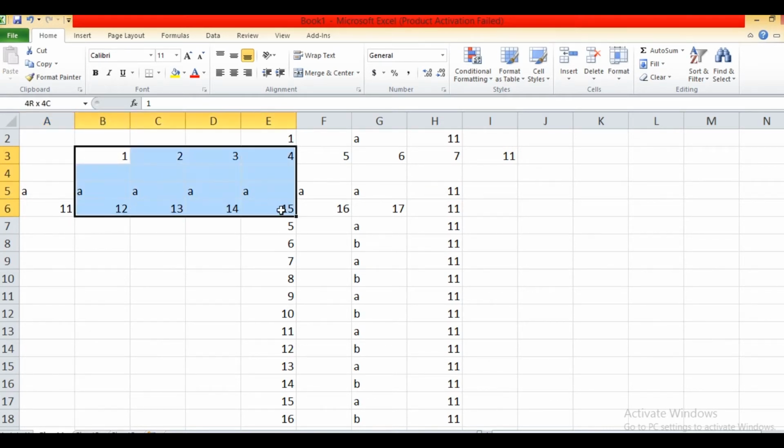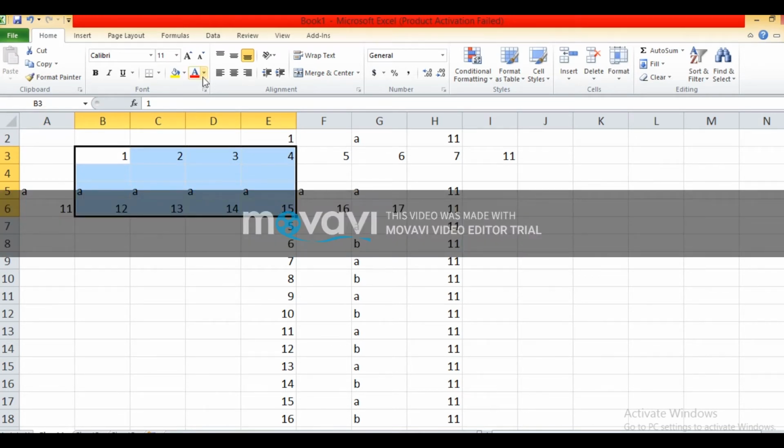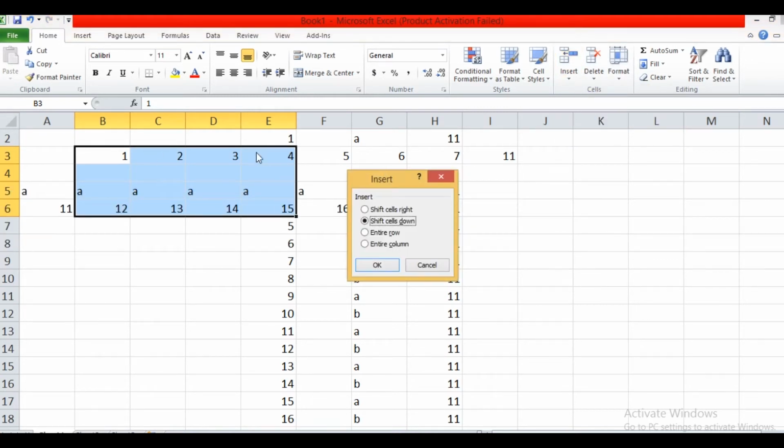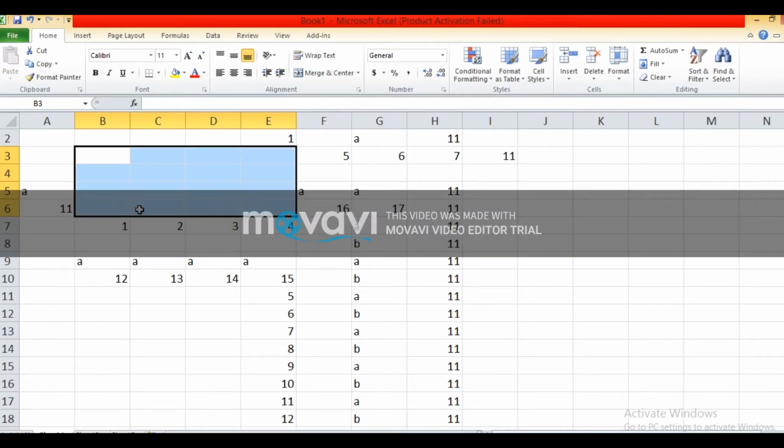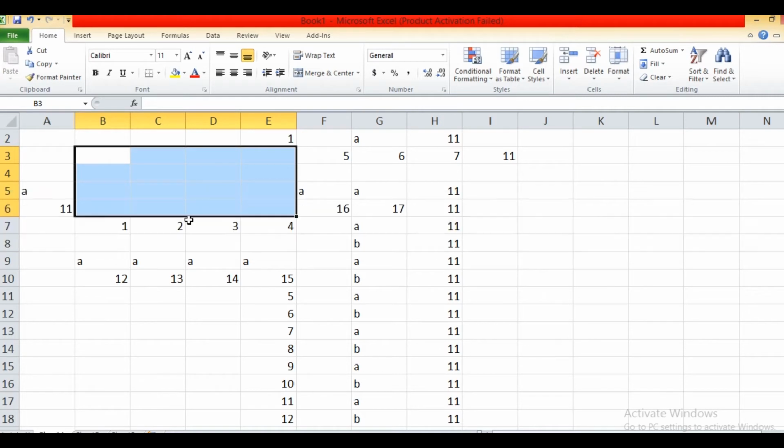If I want to insert a new cell or range of cells, then select the range of cells, click on the Home tab on the ribbon, and select the Insert option from the Cells group. Insert cells where you want to shift the already filled cells. I have selected the option Shift cells down. All those cells get shifted down, and new cells get inserted in the worksheet. Now, is everyone clear how to insert a cell in the existing sheet?